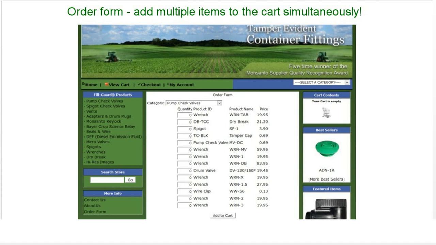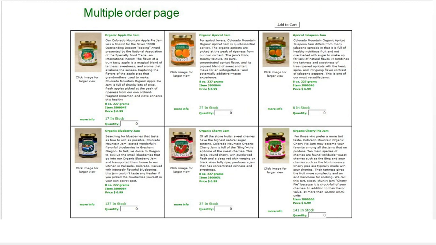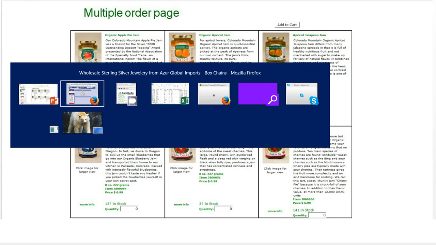In this case here, we aren't showing what the products are, we're just providing a list. In this case, however, we're actually showing a thumbnail of what the product is, and we're showing the retail price as well as what their wholesale price is. And finally, we may show the actual product descriptions in there as well, and all of these work the same way. So let's actually jump back over to our